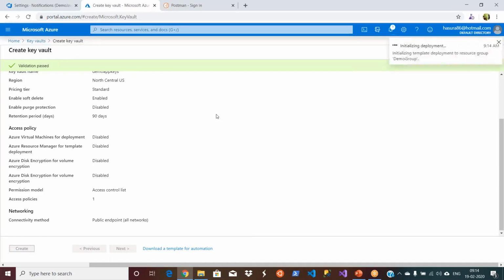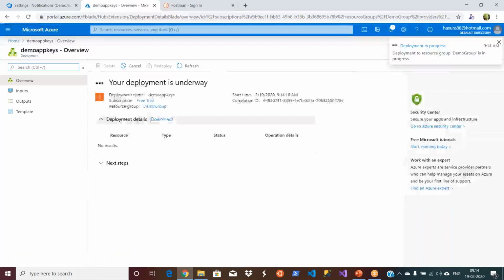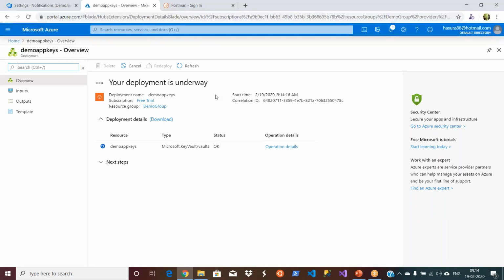This is validated. Now your key vault will be created, and your web applications or any application, if they have secret sensitive information, can use this key vault. So let it get created. You can keep your secrets in this key vault. They will be encrypted, and not visible to anyone, and it will have the credentials. Those credentials will be given to your application development teams. They read the sensitive information like passwords from this key vault repository and use it for their development purposes.